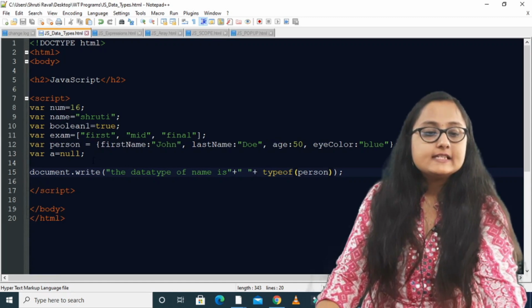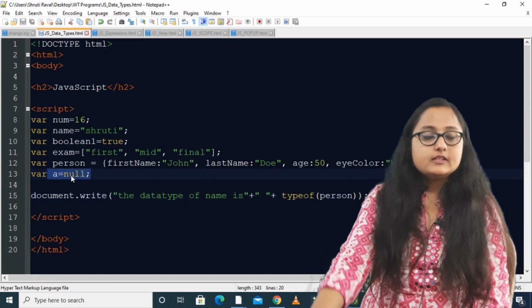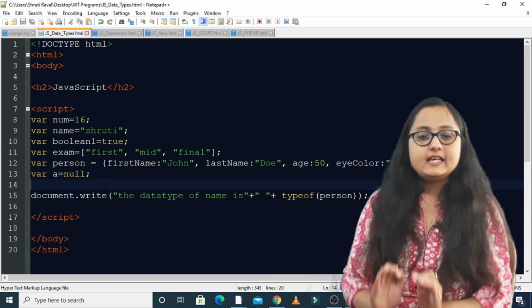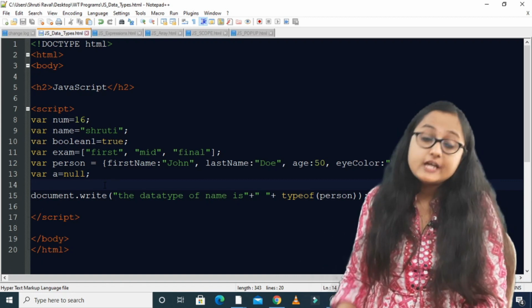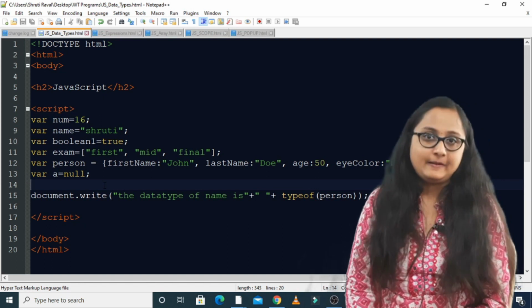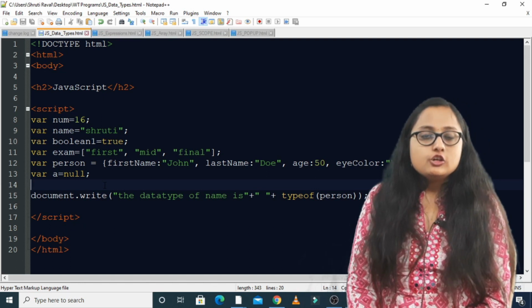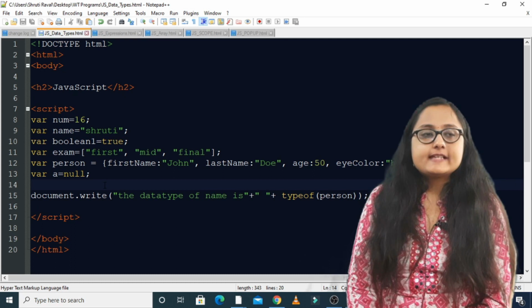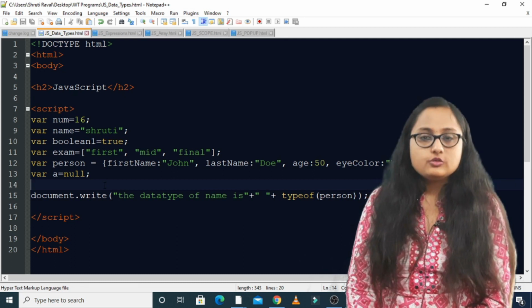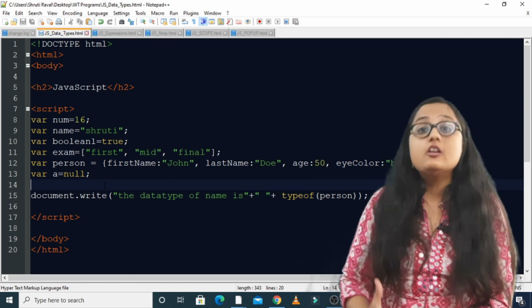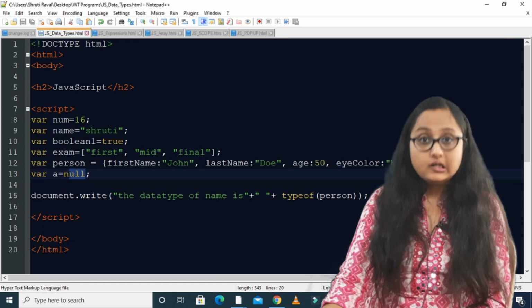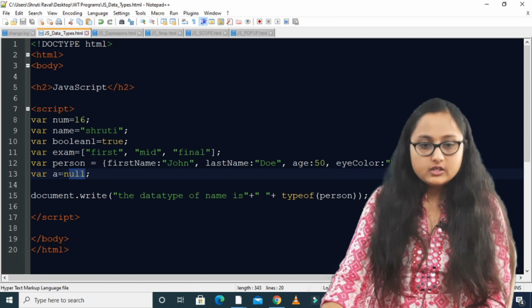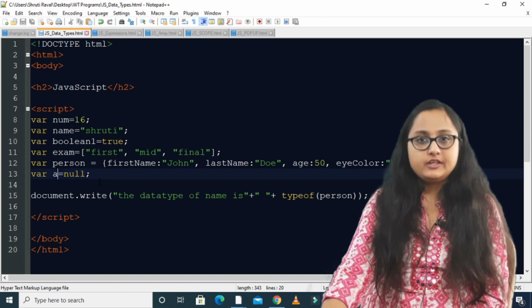And here you can see that the last variable that I have declared is var a is equal to null. Now null is explicitly the value that you have assigned to the variable a, right? So whenever you don't want to assign any other value, if you want to tell that a contains a null value, then you can use this special data null, that is a keyword, and you can assign it to any variable.